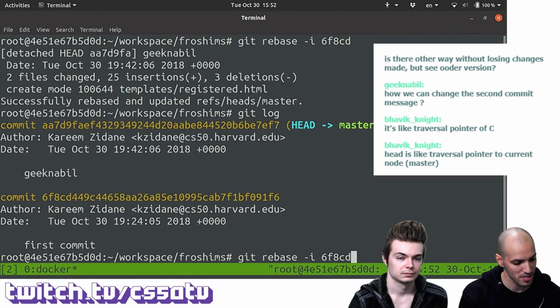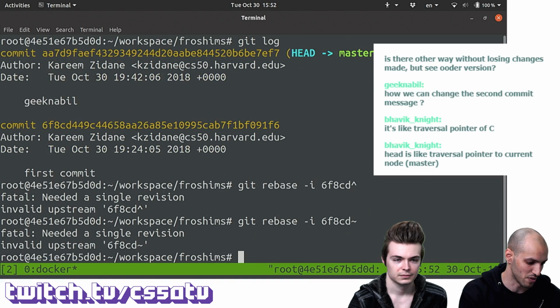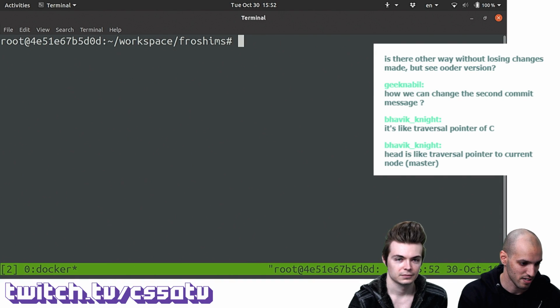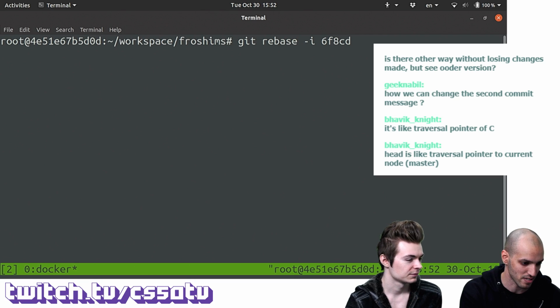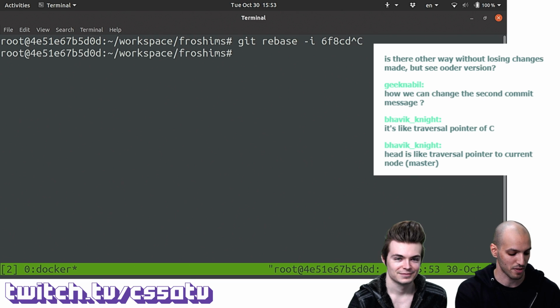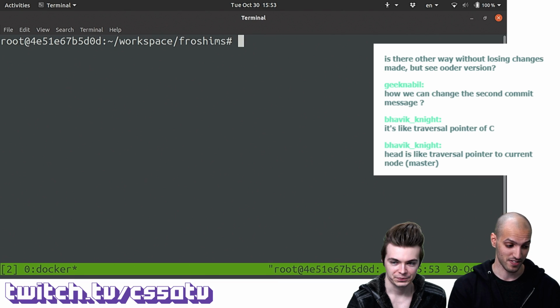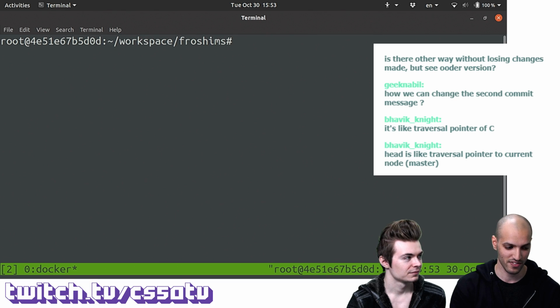Can we change the commit message of the very first commit? That's interesting. If I do this, is that going to work? No. Okay, I'll need to look this up, but I don't know how to rebase on or change the commit message of the first commit without doing something more fancy than this. Deceptively complex thing to do. It is, yeah. It's one of the relatively annoying things, but it's good that we have at least a way to do this.